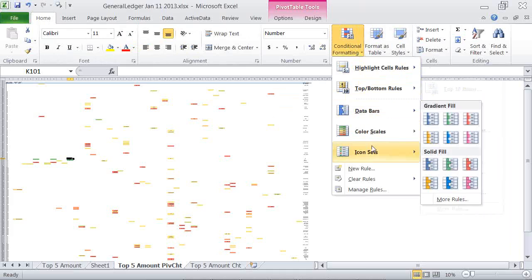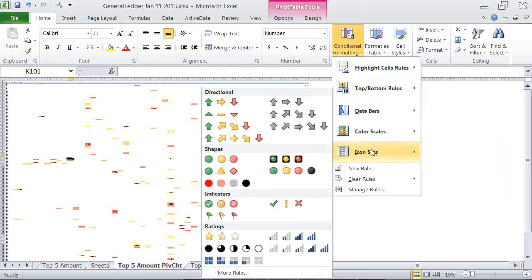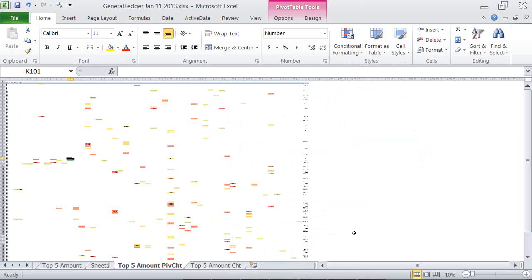And you have a lot of different options here. I urge you to take a look. They have all the data bars, which might be an interesting way to look at it. But I like the colors, and there is a way somewhere in here to filter by color and sort by color, so you can have a little bit of fun with that as well.